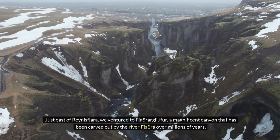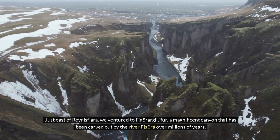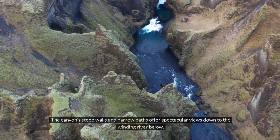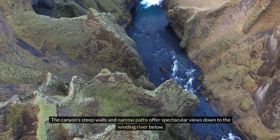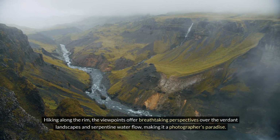Just east of Reynisfjara, we ventured to Fjöllrabólur, a magnificent canyon that has been carved out by the river Fjöllra over millions of years. The canyon's steep walls and narrow paths offer spectacular views down to the winding river below. Hiking along the rim, the viewpoints offer breathtaking perspectives over the verdant landscapes and serpentine water flow, making it a